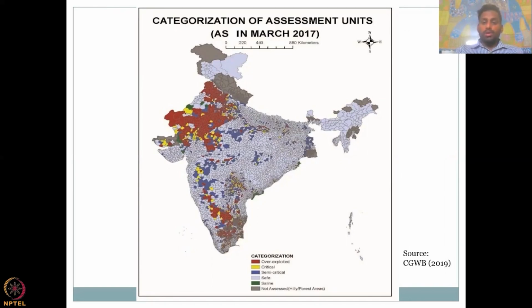Unless the government takes in the groundwater well records from the farmers, it will not be more representative. So it is very important to understand that there is still space for improvement in groundwater monitoring, and it will be good to use representative wells. This figure also shows that the cropping pattern drives groundwater abuse or groundwater extraction.